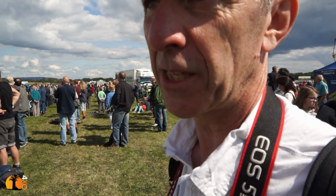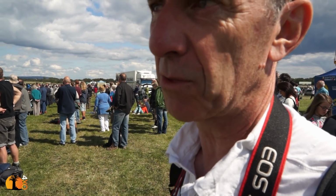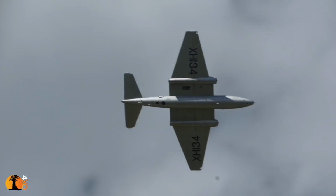The Canberra was sold to the Americans, and they called it the Martin B-57. And when you see it, you'll understand why, because only one colour. Well, lining up now is...